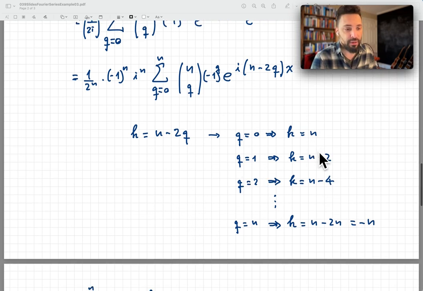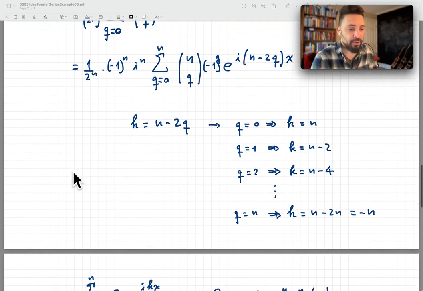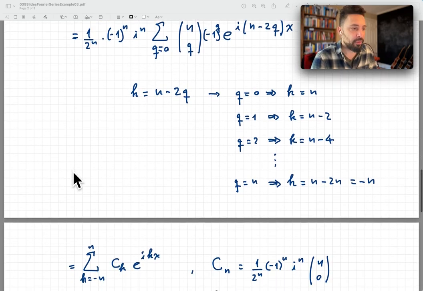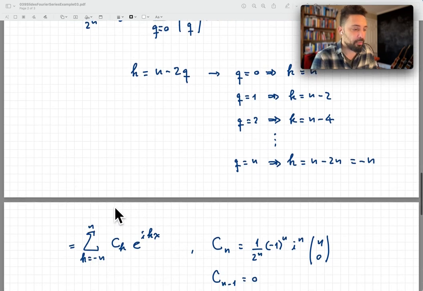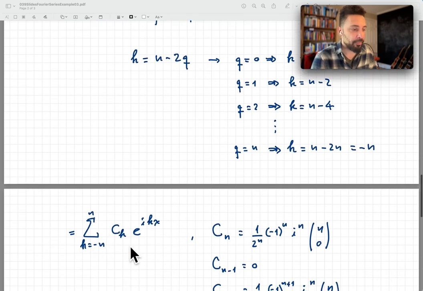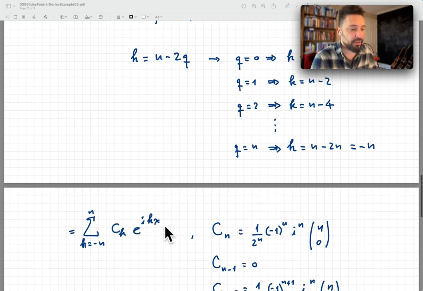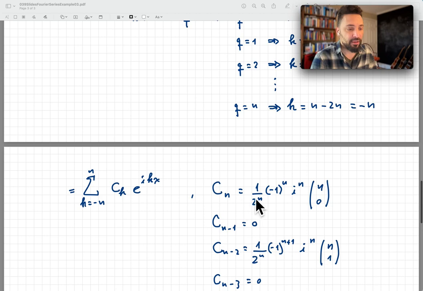So we don't see here n minus 1, we don't see n minus 3, we don't see n minus 5. All those n minus some odd number are skipped. And so in a way, what we have is a sum from minus n to n over k of coefficient c sub k times e to the ikx,